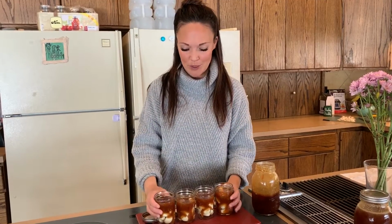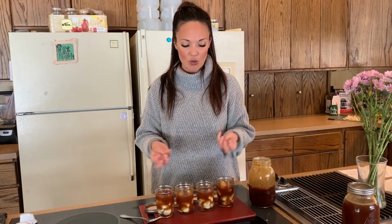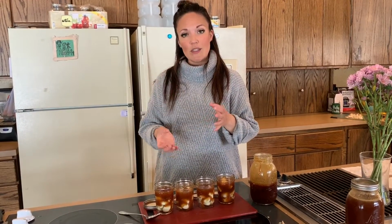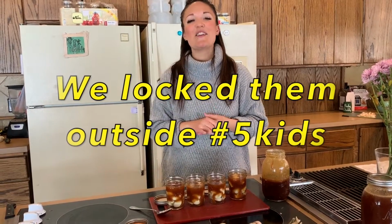It's going to ferment and it's gonna create pressure. So if you can burp it a little bit, let some of that pressure out while it's going through that process. The moisture of the garlic is going to cause the honey to become much thinner and runnier. And if you just turn it once a day to make sure that it all stays submerged,